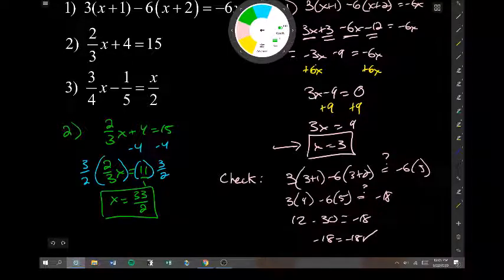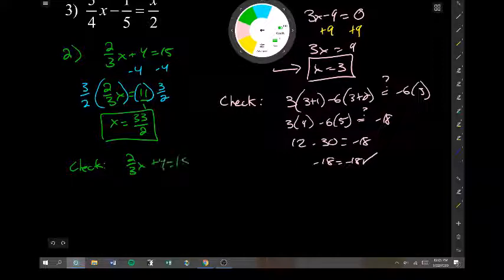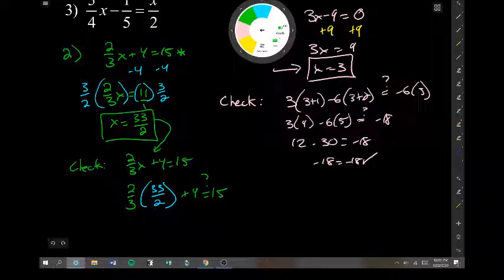Now that is my solution. You might think, oh, I don't want to check that. How do I check 33 over 2? Well, it turns out usually with fractions, the checking isn't that bad. Because I'm going to take 2/3 x plus 4, which equals 15. I go back to the initial equation, which was here. But when I plug in 33 over 2, and sometimes doing that with a parenthesis, and sometimes changing colors can be really nice. When I plug in 33 over 2 and I'm asking if these are equal to each other,